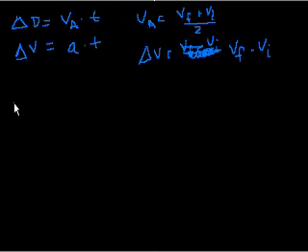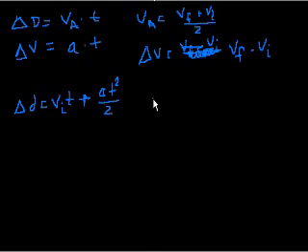But it's change in distance, let me change it to lowercase d just to confuse you. Change in distance is equal to the initial velocity times time plus at squared over 2. That's one of what I'll call the non-intuitive formulas. And the other one is that the final velocity squared is equal to the initial velocity squared plus 2ad. We've derived all of these, and I encourage you to try to rederive them. But using these two formulas,